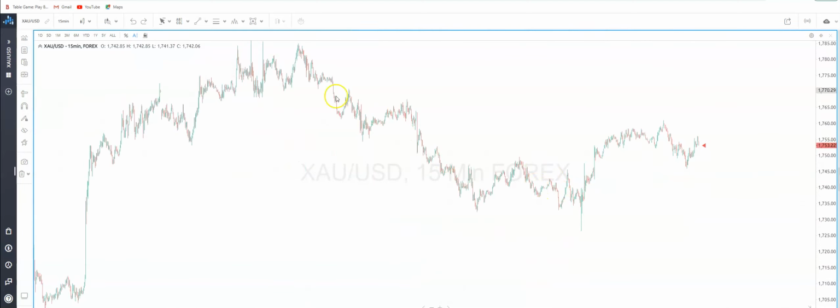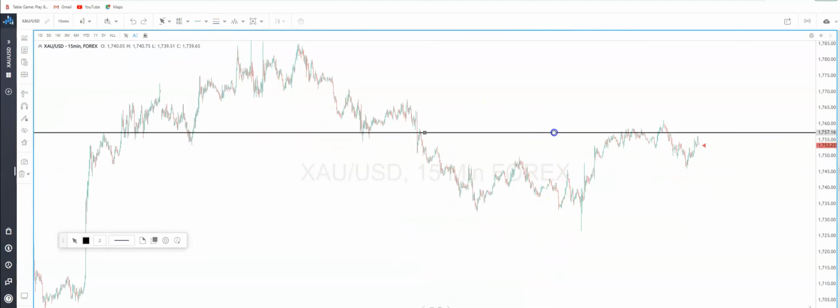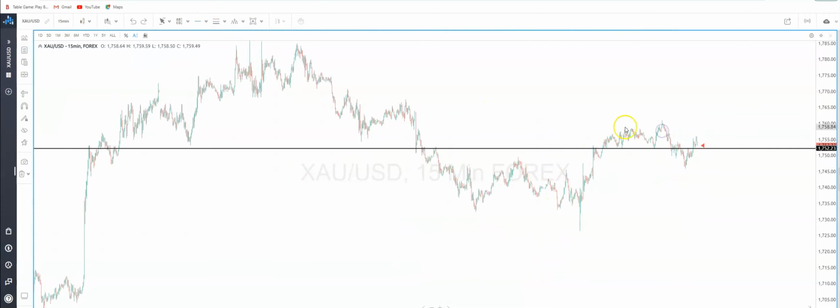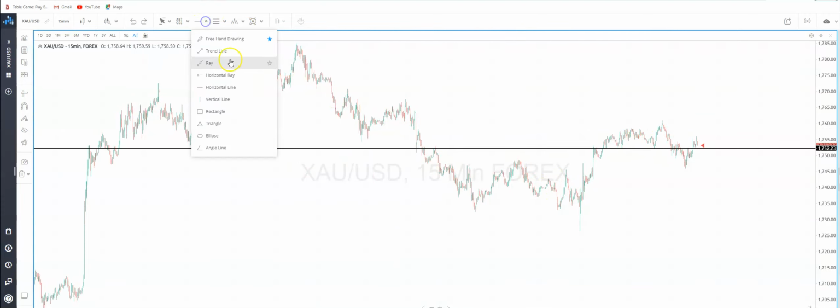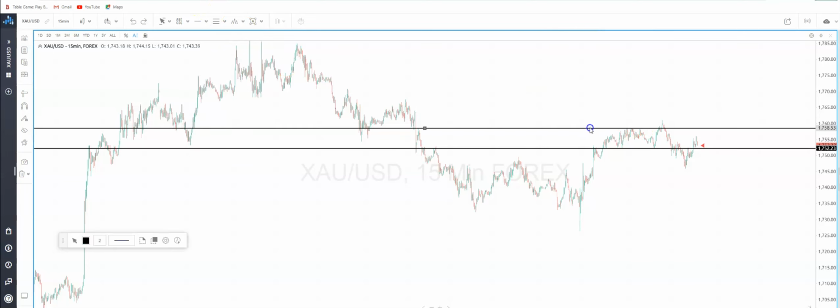Just saw something over here because, as I was talking, I just saw this support level. Usually when I see patterns like this, it's like, yeah, I mean,